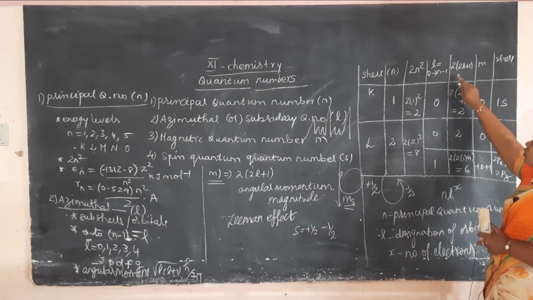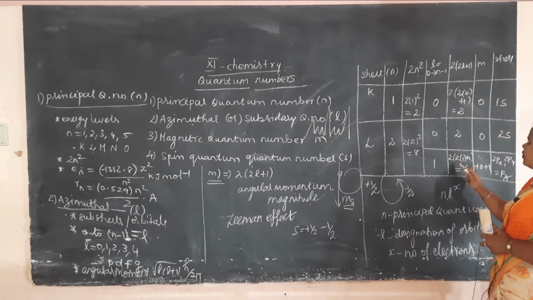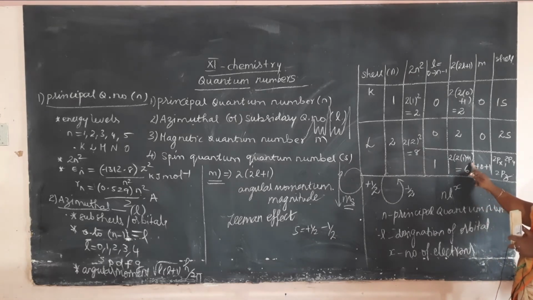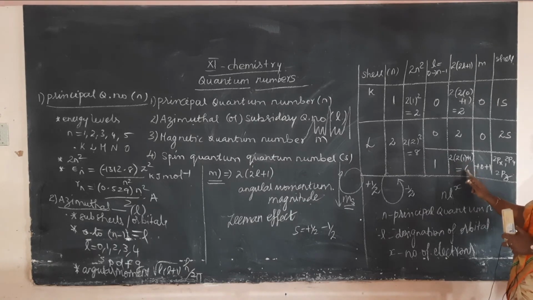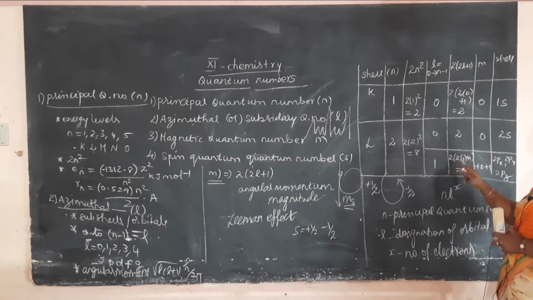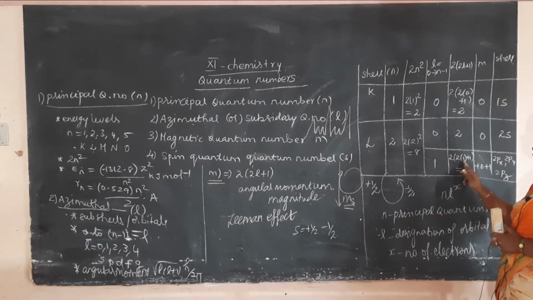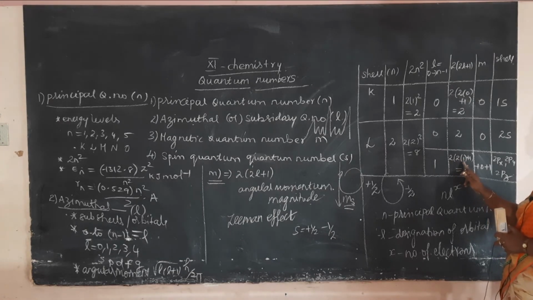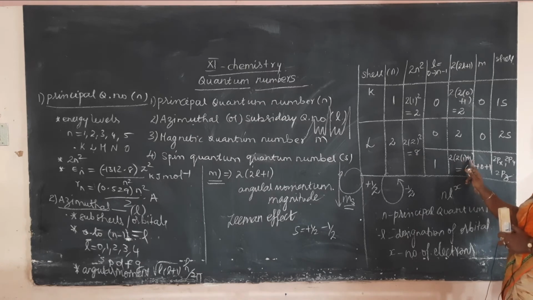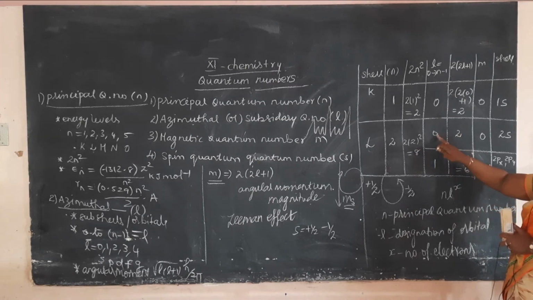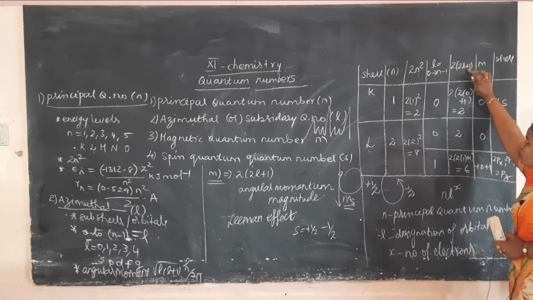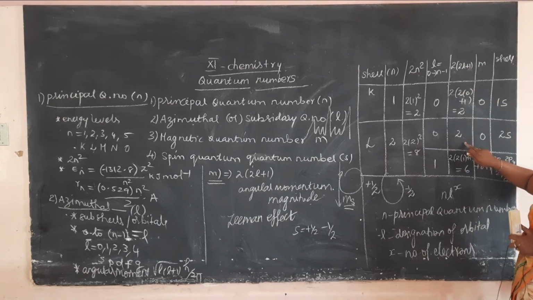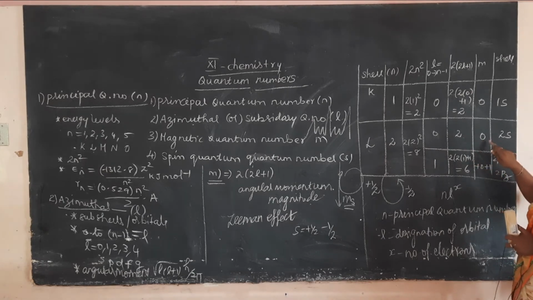So here, you substitute in the 2 into 2L plus 1 formula, and you get 6 electrons for this orbital. 2 into 2 plus 1, 2 plus 1 is 3, 3 twos are 6 electrons. Then here L is equal to 0. If you put L equal to 0, what happens here? 2 into 0 plus 1, it will be 1 into 2, 2. Okay, 2 has come. Then the m value ranges from minus 1 to 0 to plus 1.